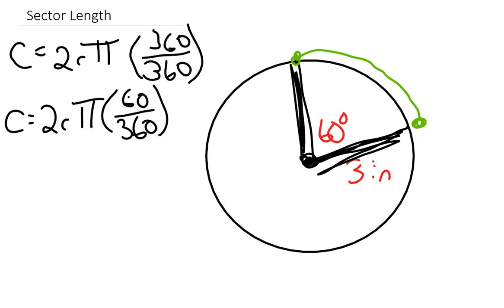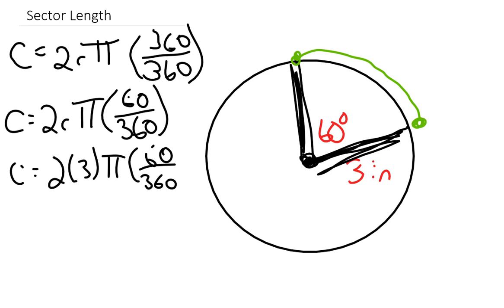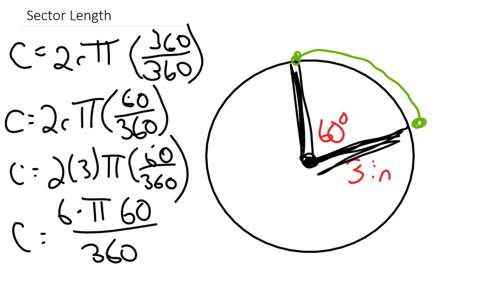So I've got my angle plugged in there. Do the same thing with my radius. I can plug that in for r. So I'll plug in 3 there. I'm going to get 2 times 3 times pi times 60 over 360. And this is going to be interesting. So my circumference would be 6 times pi times 60 over 360, which is just going